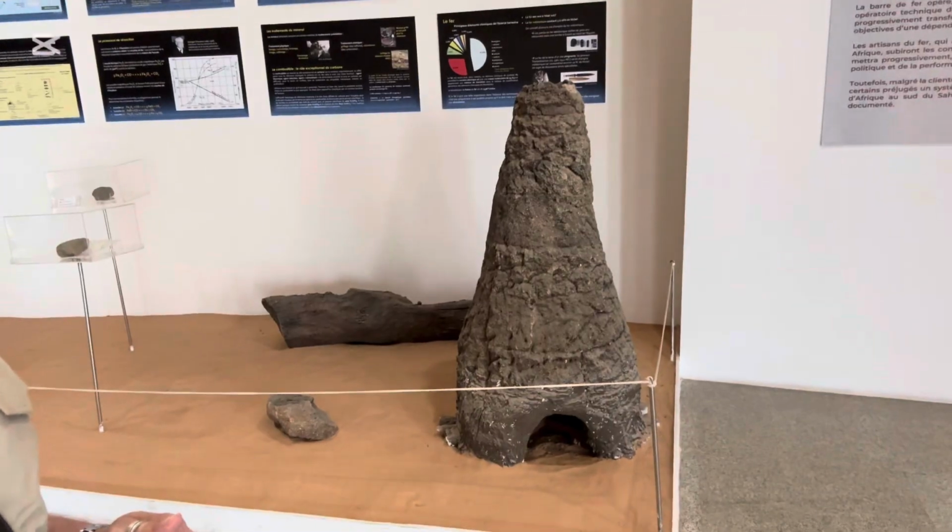fascinating. I do find this particularly interesting, actually. There is a representation of a kiln, because this deals with the spread of the technology of metallurgy across the continent, and you have really 2 major ways. One was coming down from Egypt and Nubia, and then spreading that way in antiquity. And then of course you have the spread of Islam between 1200 and 800 years ago. And so the spread of metallurgy as a technology,